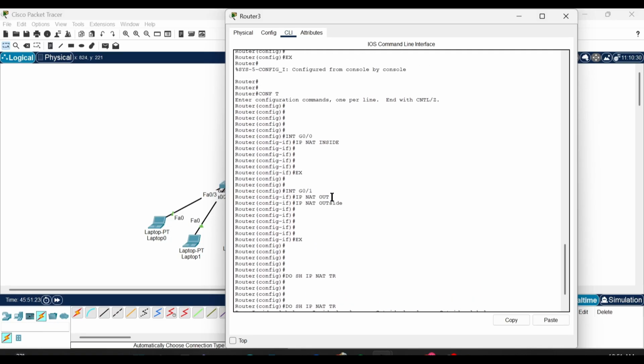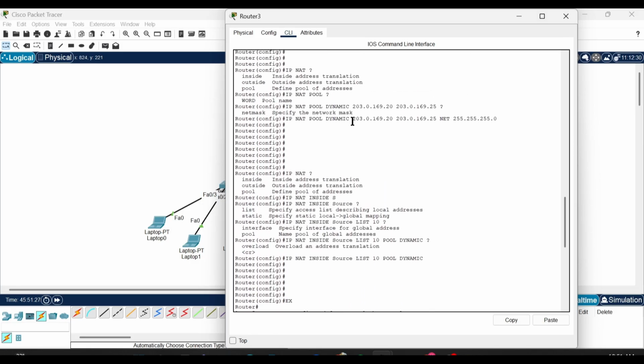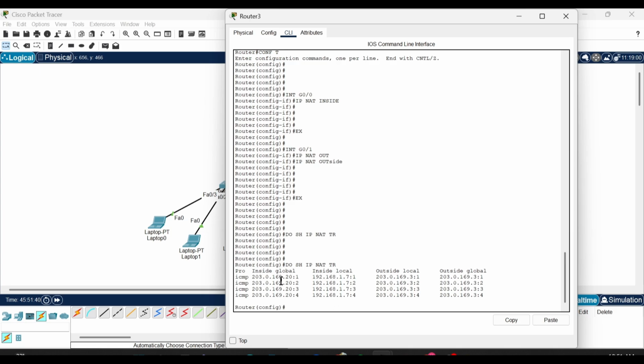And remember, we created a pool of public IP addresses over here, telling this pool that we want our public IP address to start assigning from .20 and it should stop at .25. So that is why, when this internal IP address pinged this outside local, which is the server that we tried to get to,